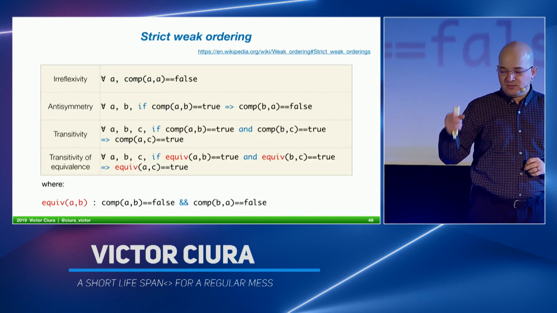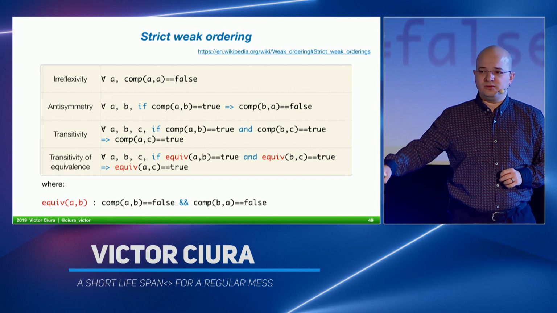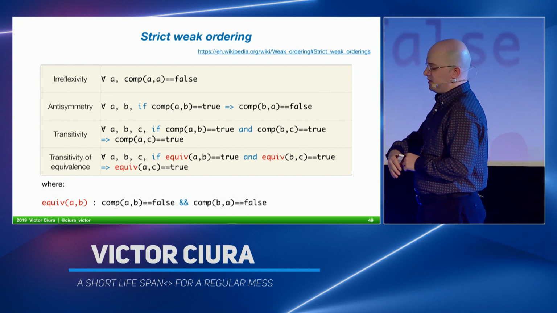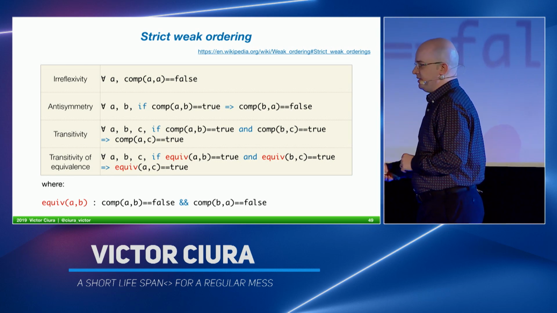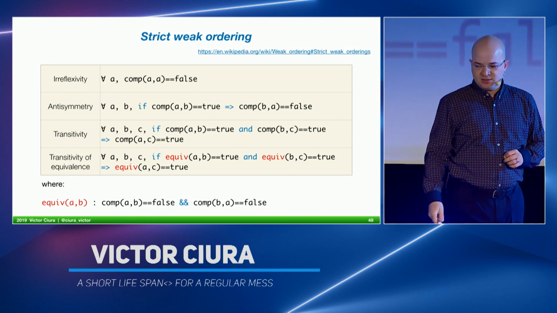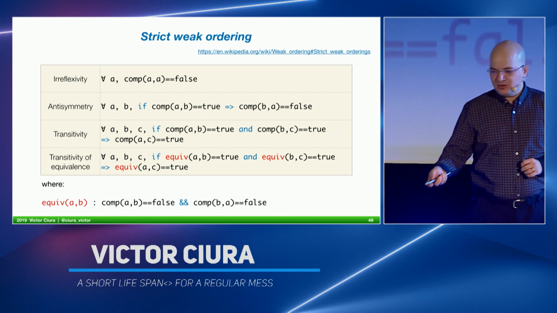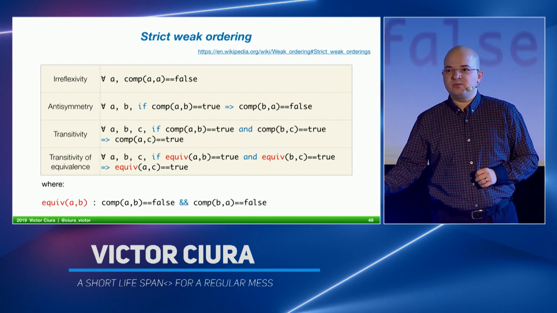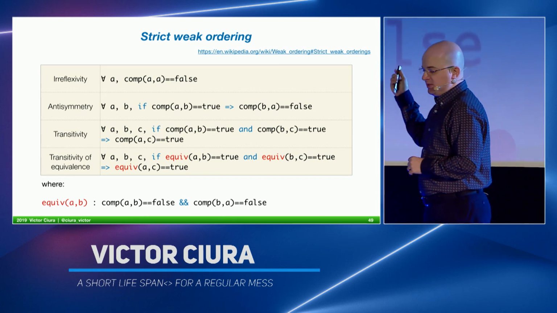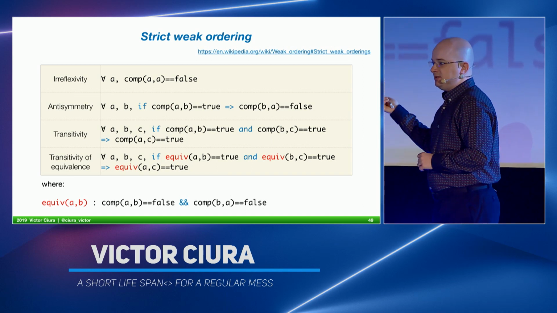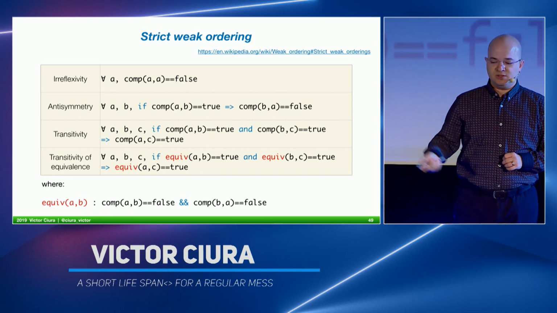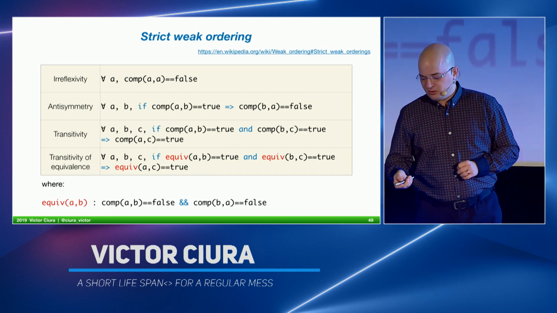So I do have a whole talk where I analyze this in depth, and the gotchas attached to this problem when defining a proper ordering for a compare concept. Bottom line is we need strict weak ordering. The STL expects that from our types. And these would be the axioms that guarantee that we're not violating this requirement of strict weak ordering. And I'm going to draw your attention to